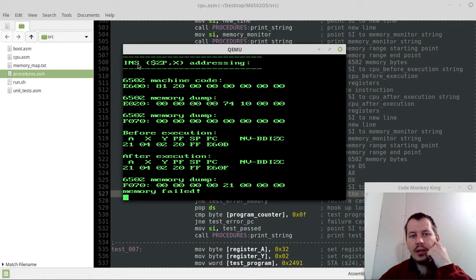The instruction is currently STA, and we have a zero page address and an X offset. This is known as the indexed indirect addressing mode. The opcode for this is 81, and 20 is the value of